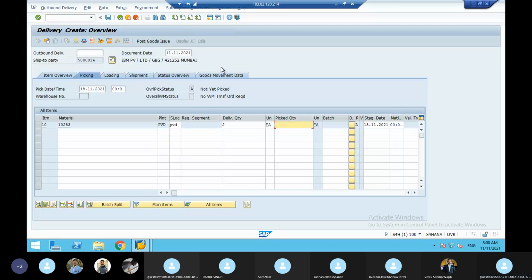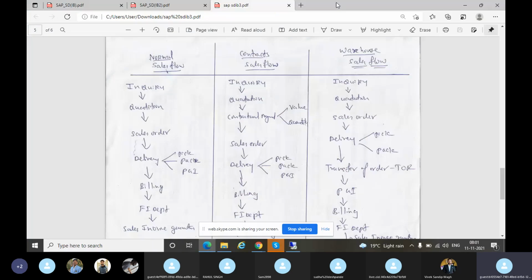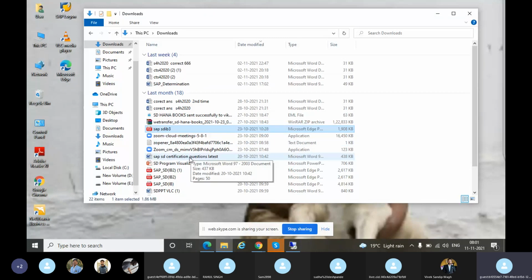This is called warehouse management. So in between, when you're going to pick and pack and do PGI, the transfer order is a must. The transfer order will be done means when you click, the warehouse will come. In the background, MM people have to do the warehouse settings. Then when you click transfer order, automatically the warehouse will come and sit here. Then you give the picked quantity, then you do PGI. This is about warehouse management. 2 questions they will ask in the exam. I think 3 questions. So 3 questions they will ask in the examination. Just see how they will ask.